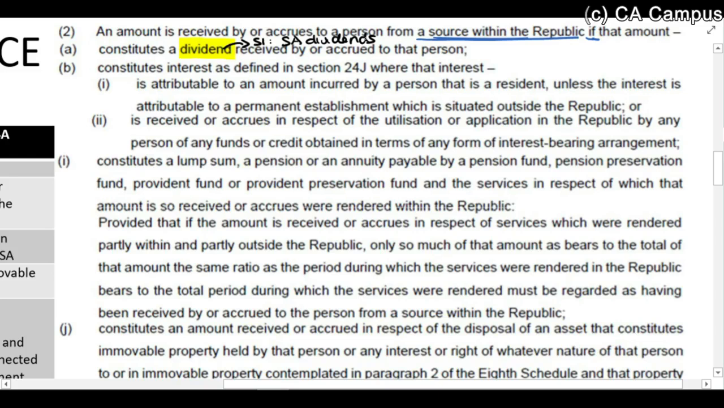B, if it's interest, where that interest, there's two different sections, and I want you to see it's an or here. So it's either 1 or 2. If they apply, then it's from a South African source. Right, so 1. It is attributable to an amount incurred by a person that is a resident. So what they're saying is if interest is paid to someone,